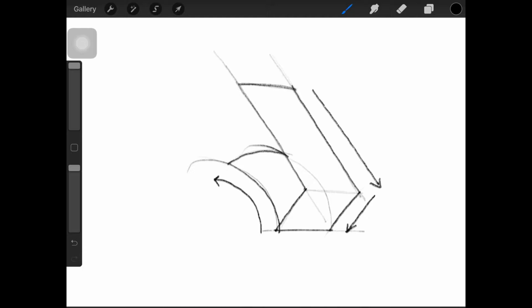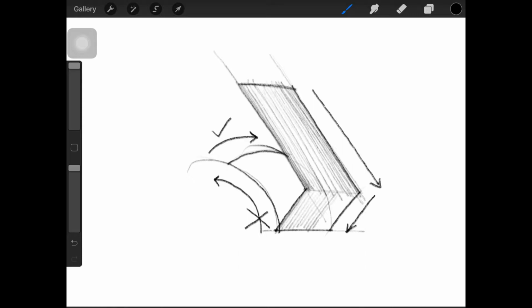So these are the kind of directions of hatching that I'm going to be using for this shape. For the curved shape, I have chosen the lines to go horizontally, as I think my shape will be more visible through this kind of hatching, which obviously you're going to choose every time for the shape you are shading in. So now you can see that my shape has already gotten a kind of depth because of the hatchings that I've used. Now to make the third fold more visible, I'm going to add another complementary hatching.